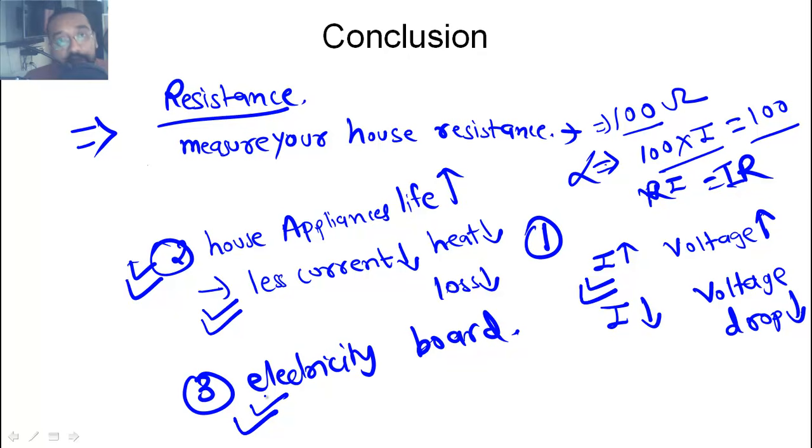So that's all, guys, with this video. I hope you understood the concept, how the capacitor can give you advantages, not in terms of money, but in terms of your home appliances' life. It is also giving an advantage to the electricity company, and it is reducing somewhat of the voltage drop across your house circuits.